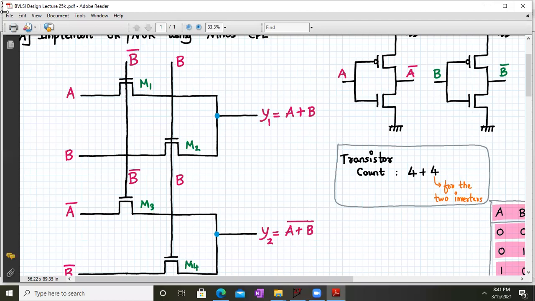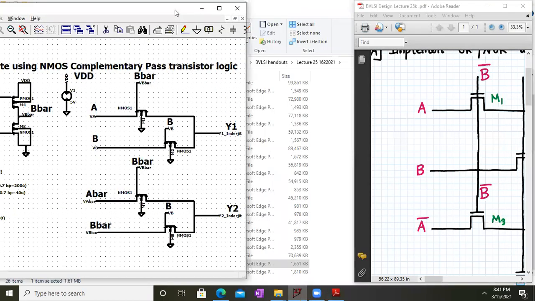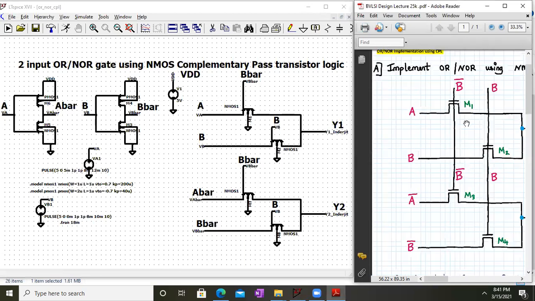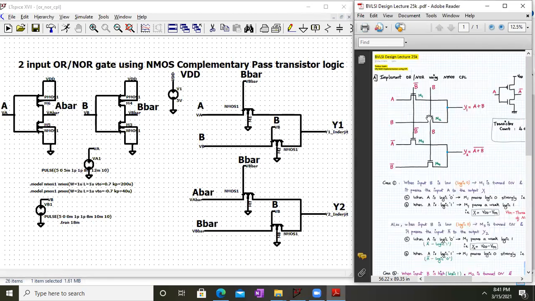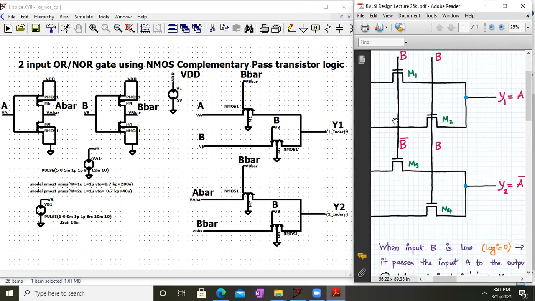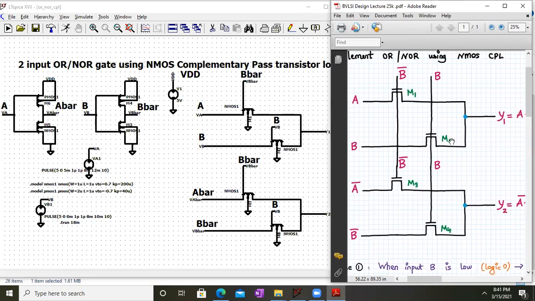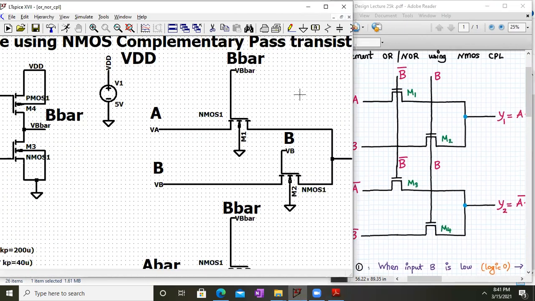Now, let us quickly go to LTSpice and verify its functionality. So let me just minimize this. Your LTSpice is already ready. The circuit is already ready for your reference. Let us check the circuit once, but everything is proper. Okay, fine. Let me maximize this.